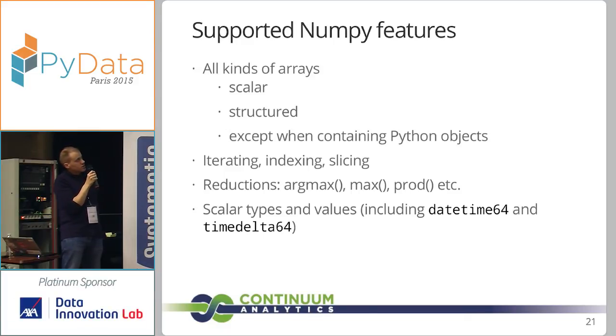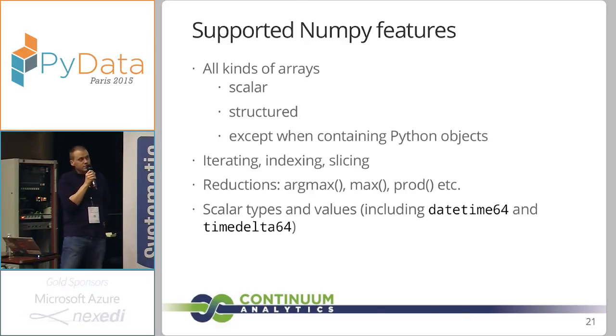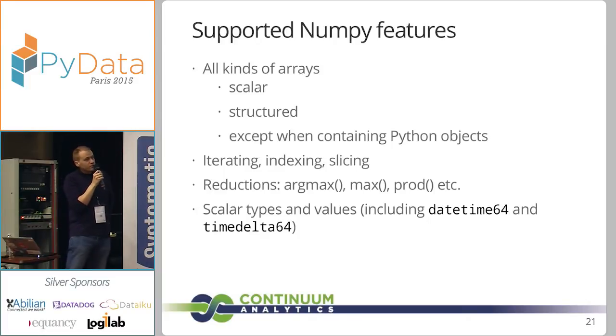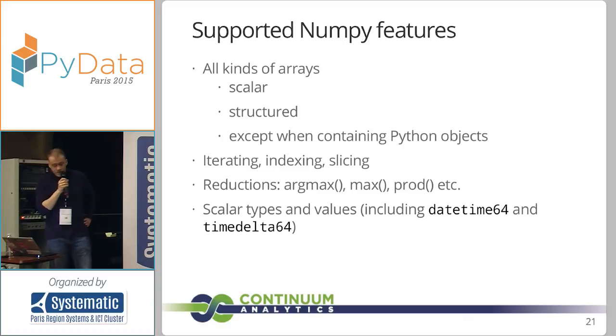Yeah, I'll mention that we mentioned scalar types and values, and we have support for the little-known datetime64 and timedelta64. So datetime64 and timedelta64 are two specialized types in NumPy, which represent datetimes and time deltas in a very low-level way. So basically, it's just an 8-byte, 64-bit integer, with a unit. The unit can be milliseconds, seconds, etc. They don't have a lot of semantics attached to them, but they can be quite useful if you want fast computations of this kind of data. So we support arrays of datetimes and time deltas, and we support them individually too.